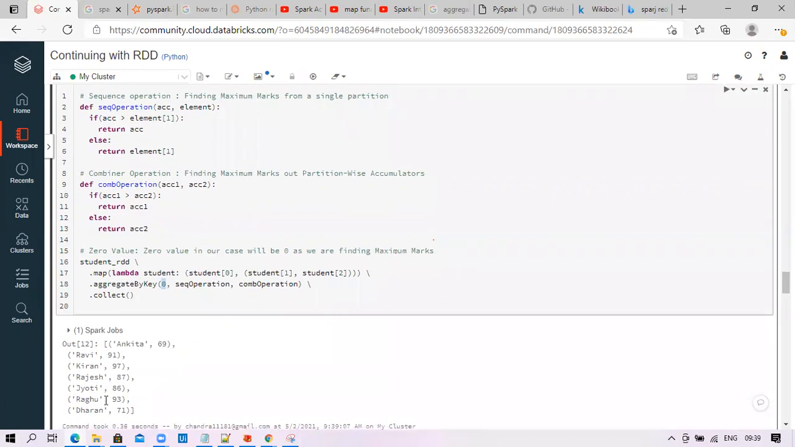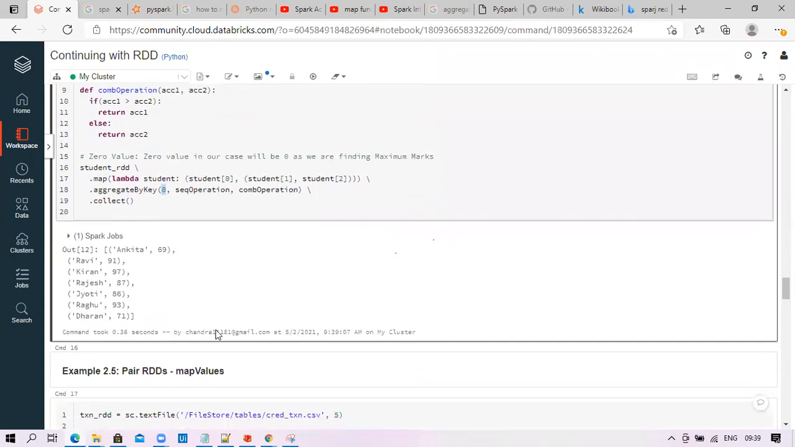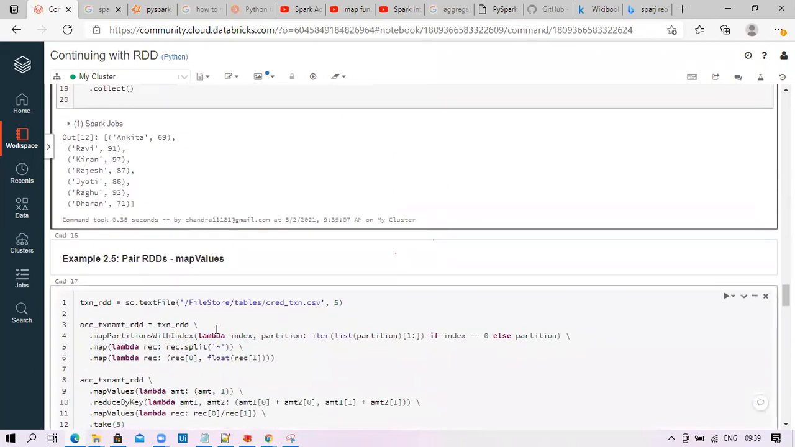By the way, these are the list of people who got like 200% hike from my training, from some different training batches. So that's why I've given some examples to remember those names. Anyway, so that's basically about your aggregate by key and reduce by key. The next example is